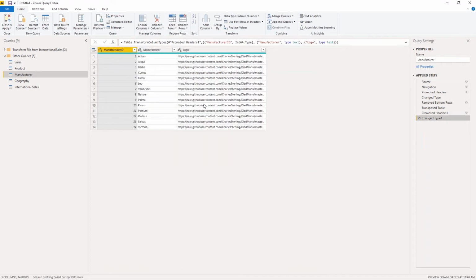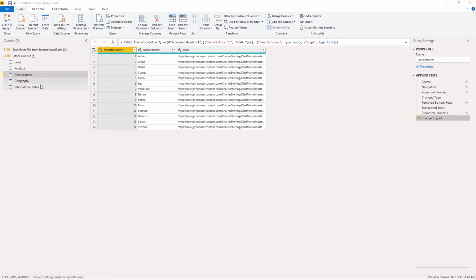So doing data transformation inside of Power Query, aside from being super easy to do, also gives you every step that you've done. So you can try things out, and if it doesn't work and doesn't provide you data in the way that you're expecting, you can just delete it and do something else without losing any of your previous steps. So now that we've got the manufacturer table laid out,